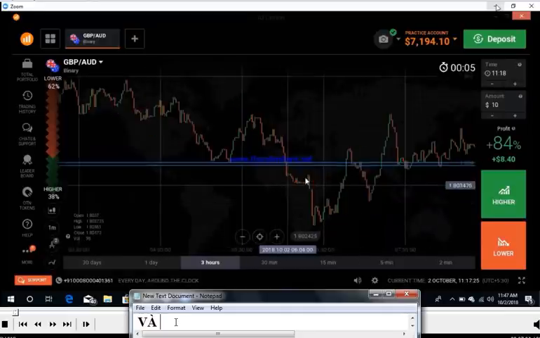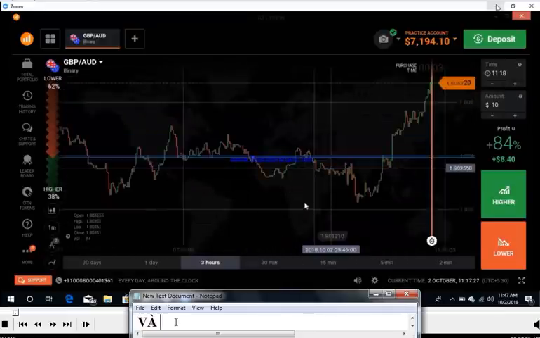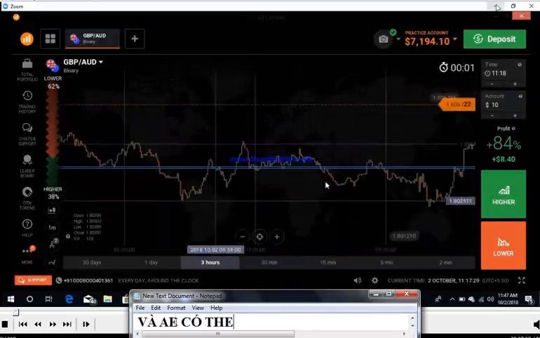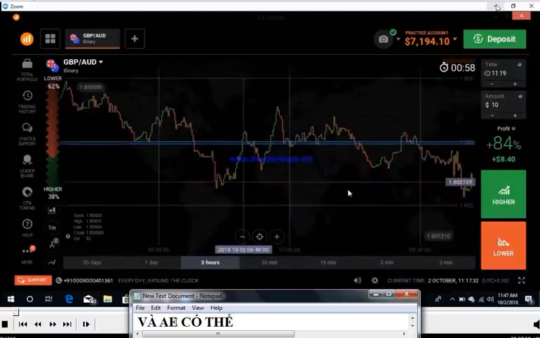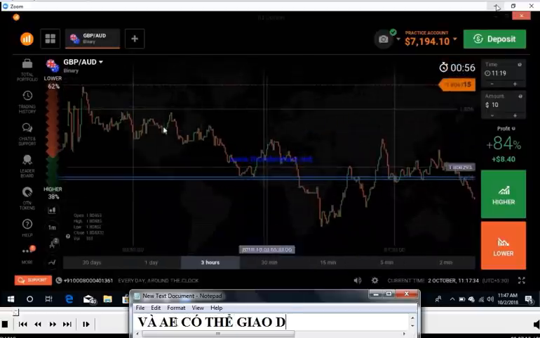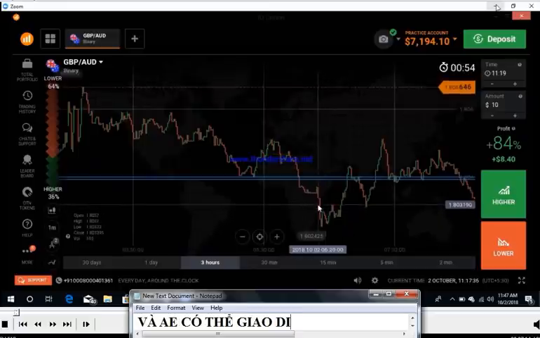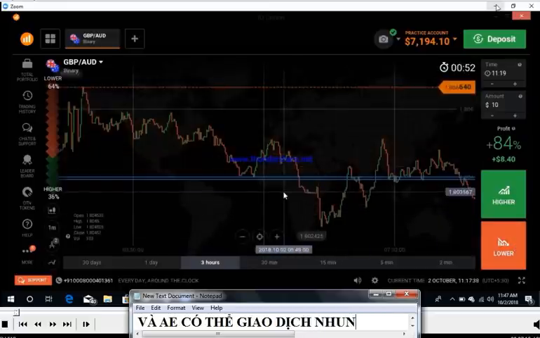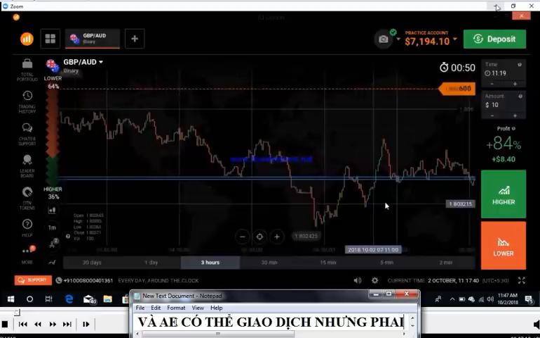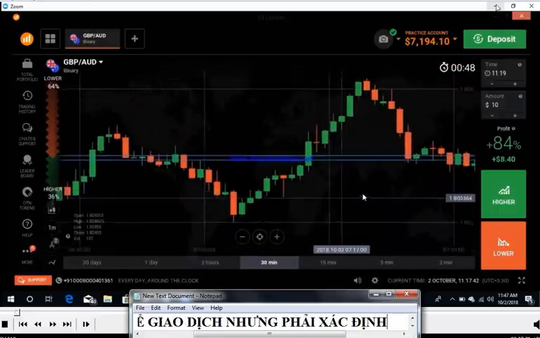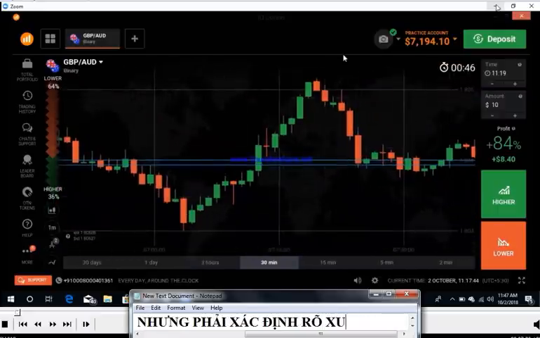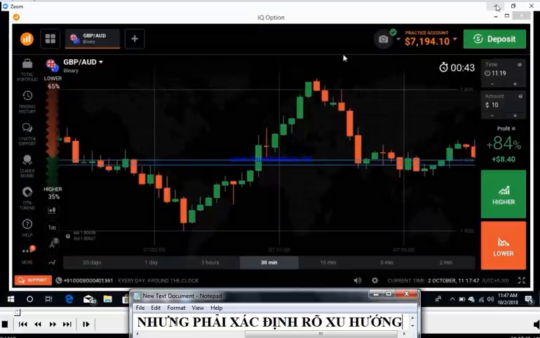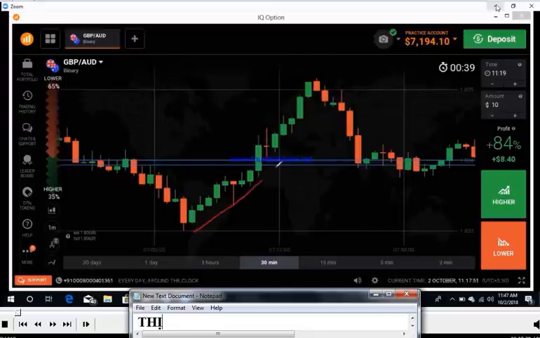Okay, you can trade on this level, but in the direction of the trend. In the direction means this is a downtrend. This is a downtrend. You can trade with the lower option in the downtrend, because I will explain here. You can see this is a small minor uptrend. This is a small minor uptrend.